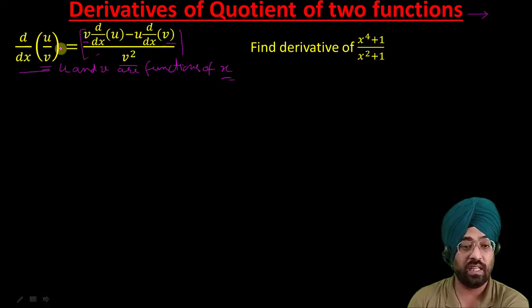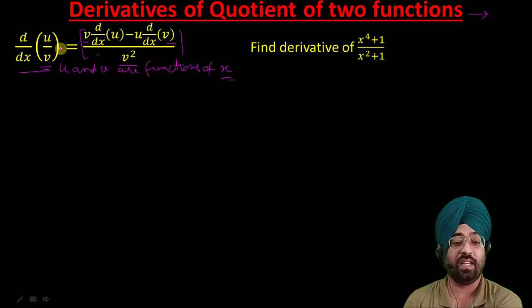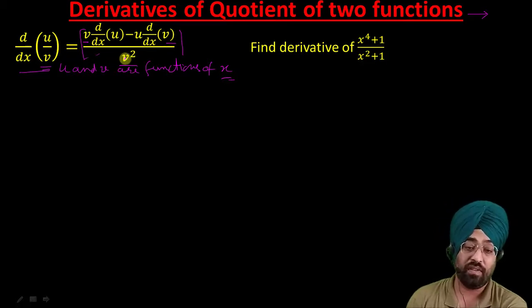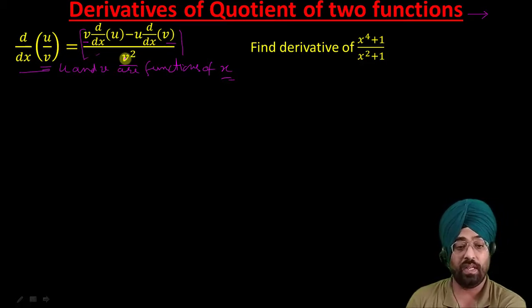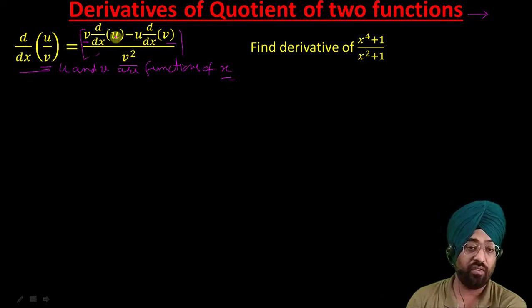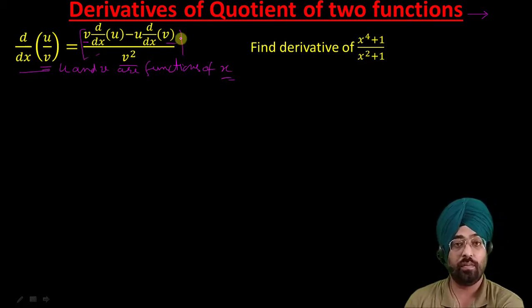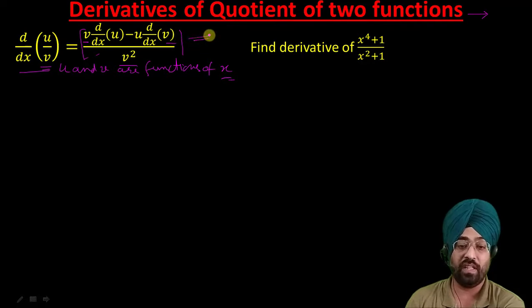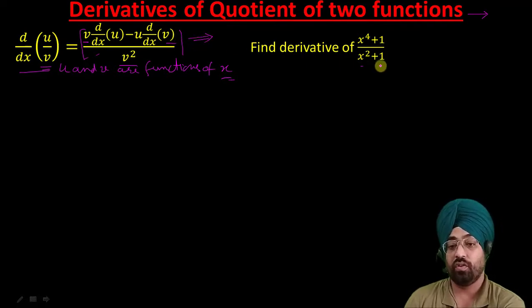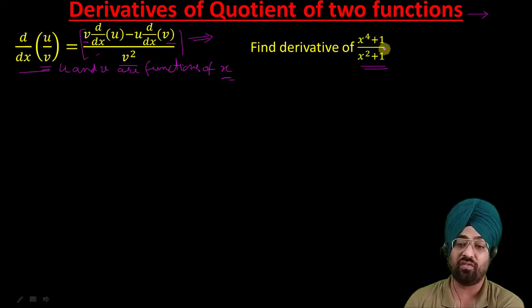So this is a formula that you have to remember, for when two functions are divided, how to take their derivative. The formula is quite easy. First do the square of the denominator, v square, v in the numerator as it is, derivative of numerator, minus numerator as it is, derivative of denominator. As I used to mention, the only way to remember is to practice with this, then you will definitely remember. Now with the help of this, let us try to solve the derivative of x raised to the power 4 plus 1 divided by x square plus 1.